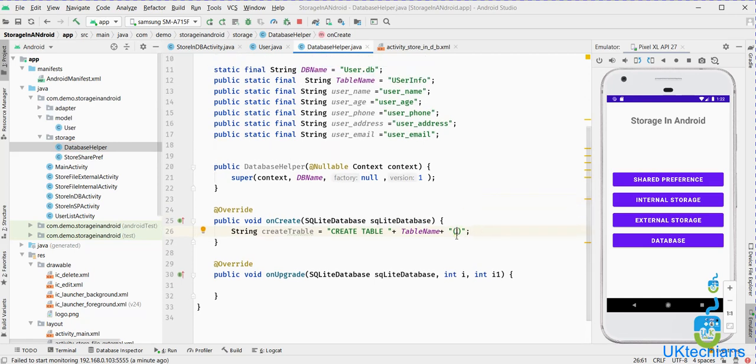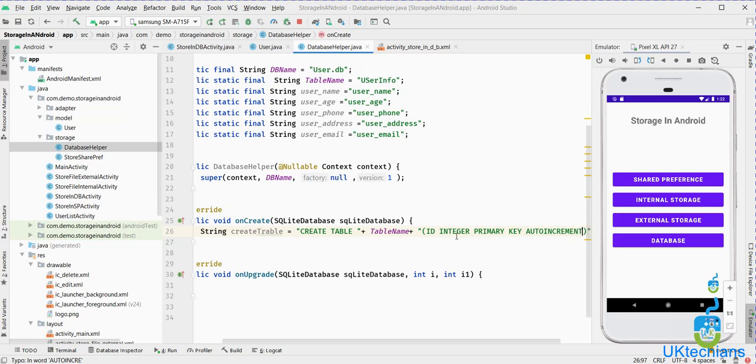The first column should be ID. The ID is the column that will be the integer type and should be the primary key, and since it's a primary key and an ID, it will also be auto incremented, right? And then we will add the column. Let's minimize this step.